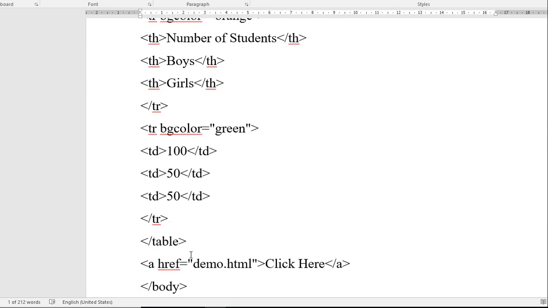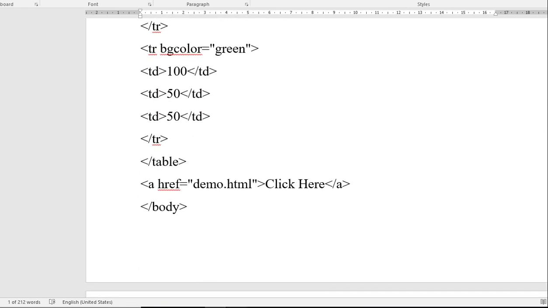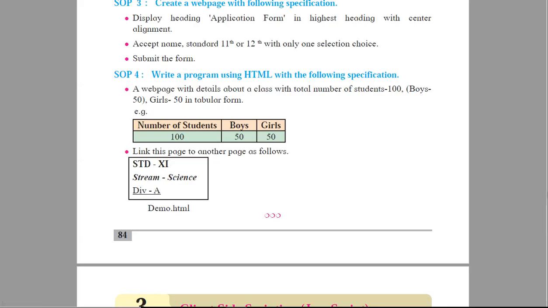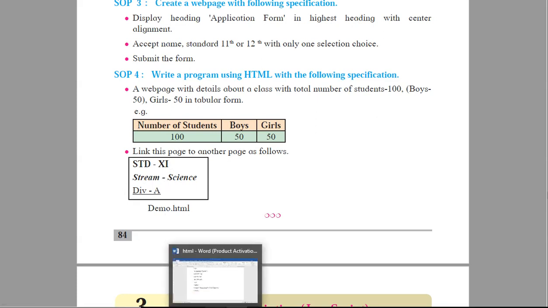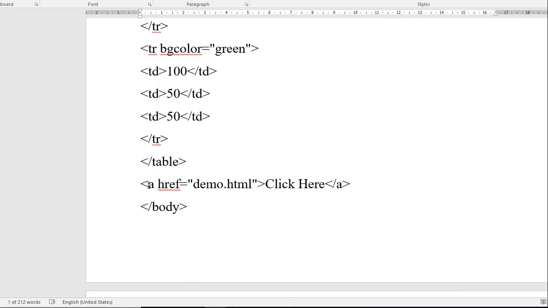In this way the table is completed, so the table tag which is opened here gets closed by using /table. Now you have to see in the question that you have to link this page to another page as follows. So we have to link this page to the next page. For linking the pages we use the a href tag. The a href tag is used to have the reference or linking with another page.